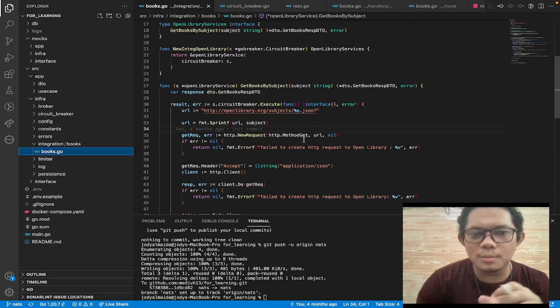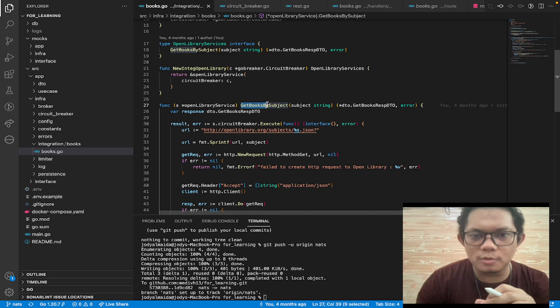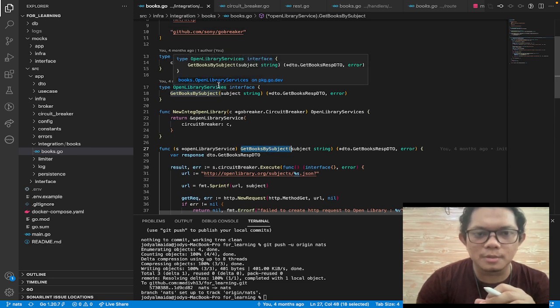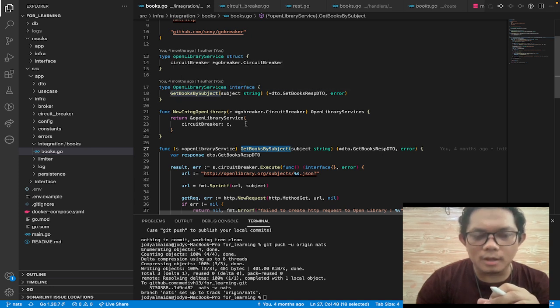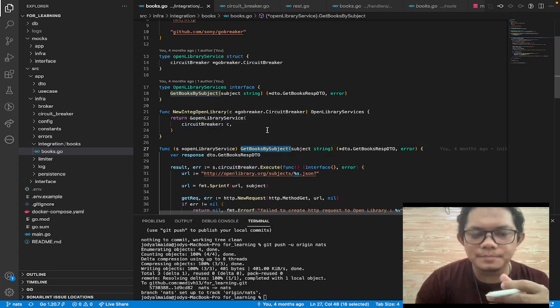So this is the method that I use to fetch any data from openlibrary.org. So I have get books by subject, and this method I declare in this interface Open Library Service. Now, when we use this get books by subject, we just call this method by this interface, so it's easier to make the mockups like this.